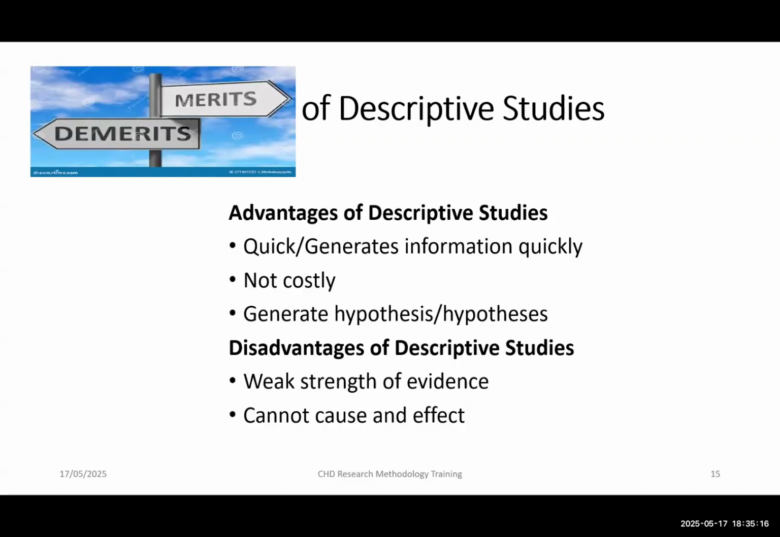The disadvantage, like I said, is that it has a very weak strength of evidence, because there are a lot of things that could be used to explain what you're seeing. So until you subject that hypothesis to a test, you cannot say that. And because we know that in a descriptive study, the exposure and the outcome have occurred, and you're collecting the information simultaneously, at the same time, you cannot